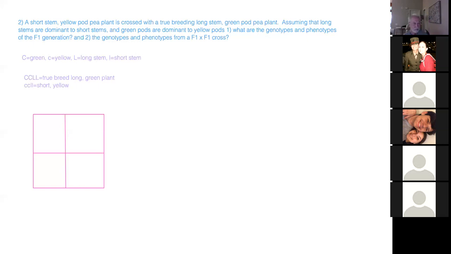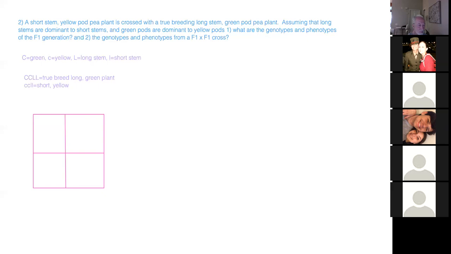So we have to look at what the combinations could be from each parent. And if you remember math, algebra, you can use what they call the FOIL method to figure out the possible combinations. So if we look at capital C, capital L, FOIL means firsts, outers, inners, and lasts. So let's get over here. If we FOIL